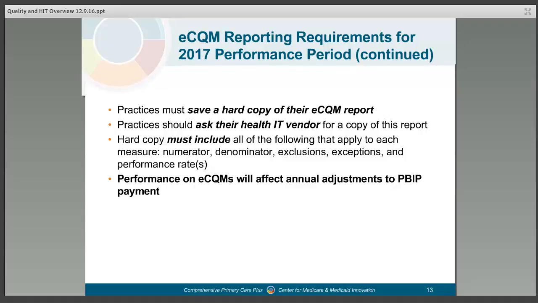You may even have a set of different screenshots. You might have PDF, might be a Word file. There are a lot of different ways that this might look, but the idea is that you collect all of the information required and upload that too. Okay, and just finally, just as a reminder, the performance-based incentive payment is adjusted based on your performance on the